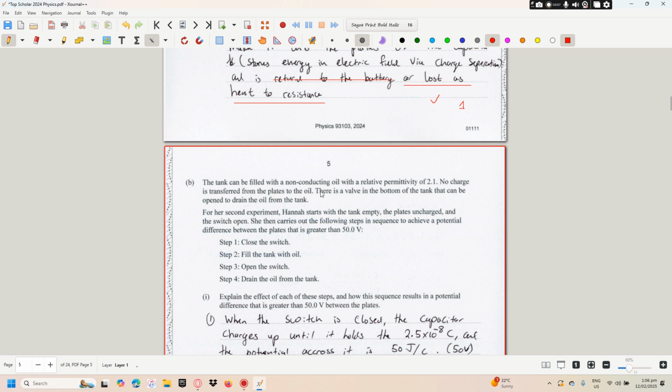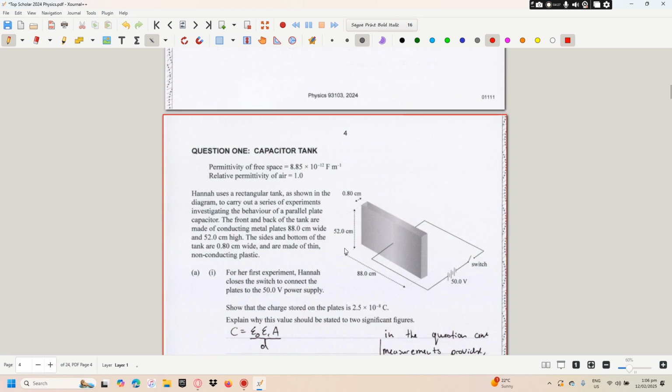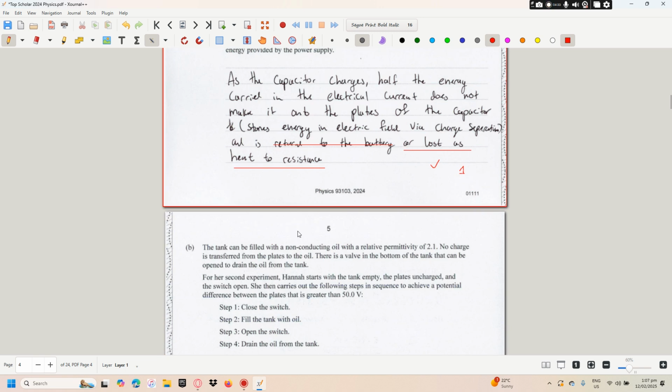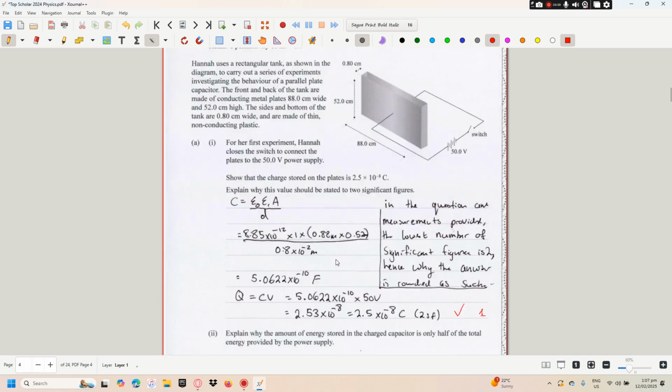Anyway, here we go. The tank can be filled with non-conducting oil with a relative permittivity of 1. Right, so this is where the exam ramps up a bit, gets a little bit harder. So read through the question. There is a valve in the bottom of the tank that can be opened to drain the oil from the tank. So the switch is open. So when she closes the switch, the capacitor charges up, and it holds the 50 volts across it, 50 joules per coulomb. That's basically what this question was, right? She closes the switch and connects the battery. What do you do? So she closes the switch, it charges, there's now 50 volts across the capacitor,